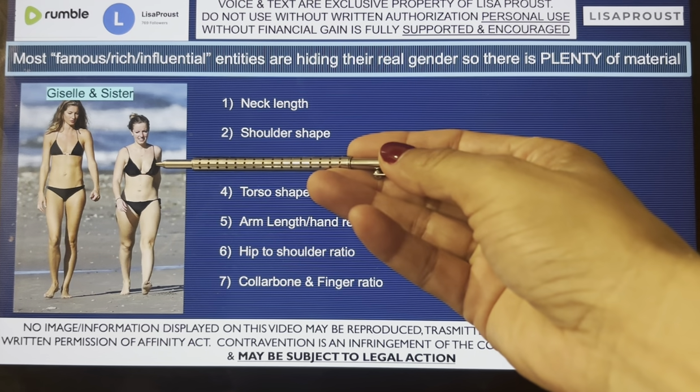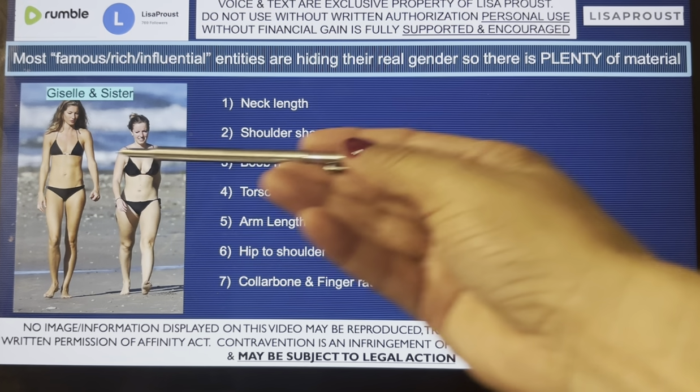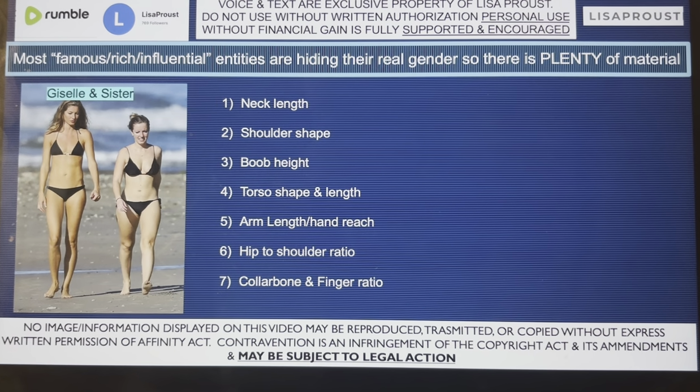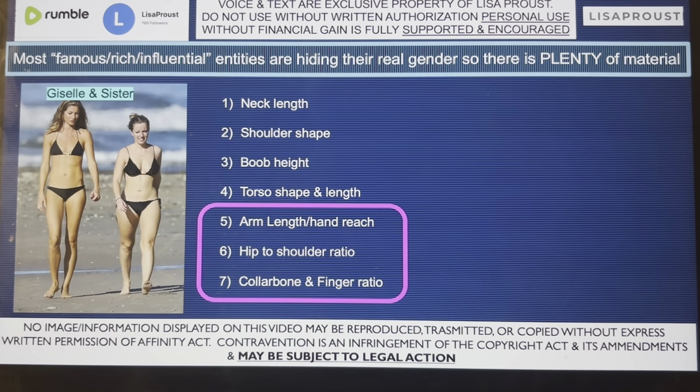We're going to see even more examples of the height of the boobs in one of the images I'm going to show you today, the torso shape, the length, and in particular the last three items, the arm length and the reach of the hand, which we also explored in the last video,